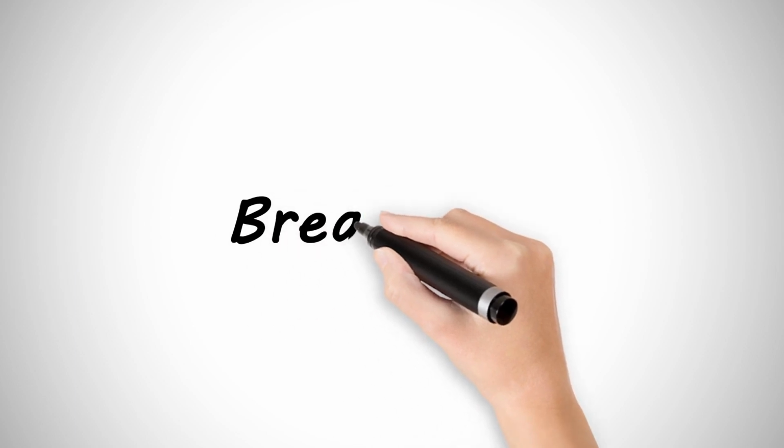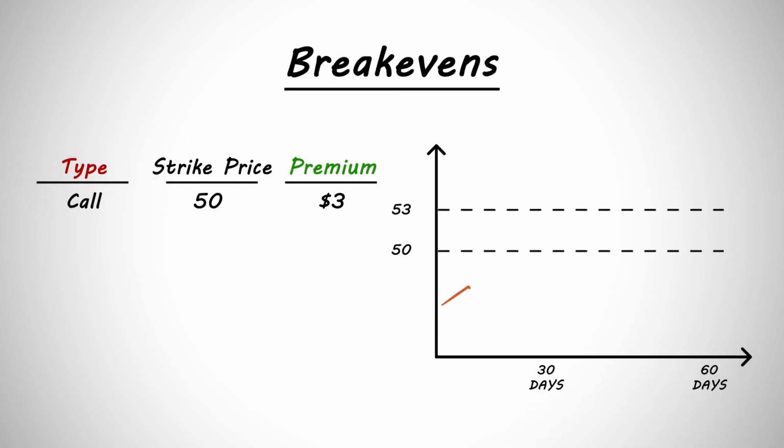I want to run through another example, except this time we'll be selling. But before we do that, I want to talk about calculating our break-evens. You may have noticed what our break-evens were on our previous examples, even though we didn't talk about it specifically. But before we run through our sell-side examples, let's discuss. It's very simple to calculate a break-even on an option trade.